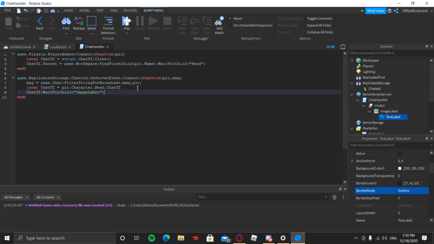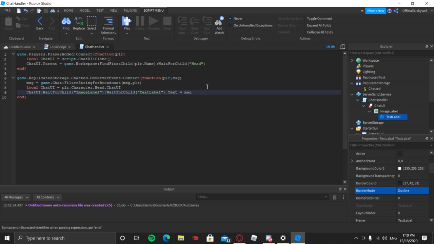Outside of those parentheses, we're going to do the same thing: colon WaitForChild, parentheses, quotation marks, and inside we type in TextLabel. Then outside of those, we're going to do dot Text equals